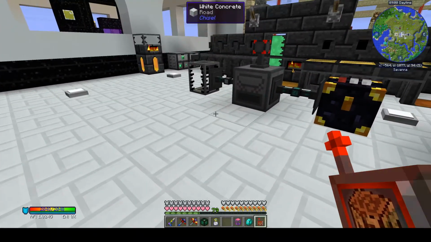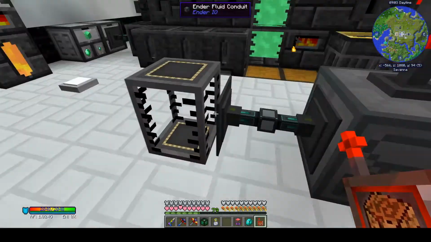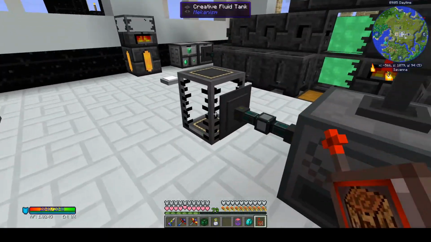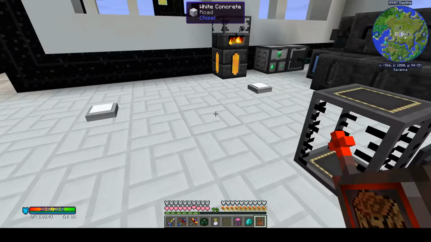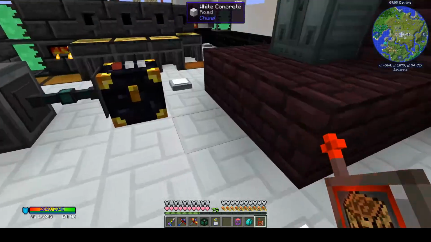But I have 2 more of these guys, so what am I doing with the other 2? This one I've still sort of got hooked up here just as a general all-purpose thing. Whenever I decide, oh hey, I need some more blazing pyrotheum, or whenever I need anything else, I've got this one here as sort of a working tank. Oops, I need some more latex. Boom, get some more latex. But then the other one,